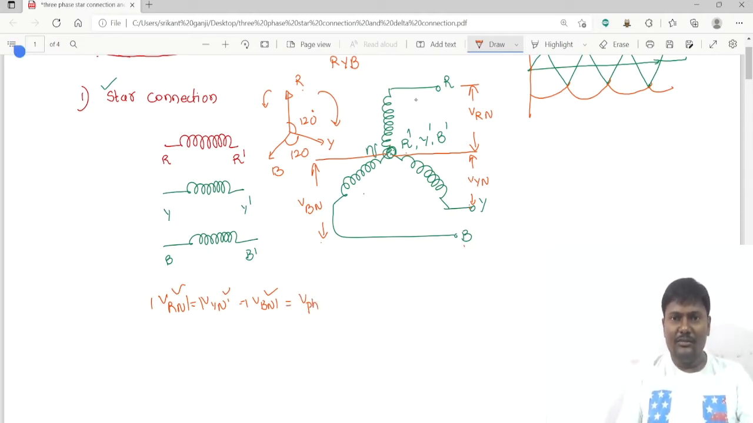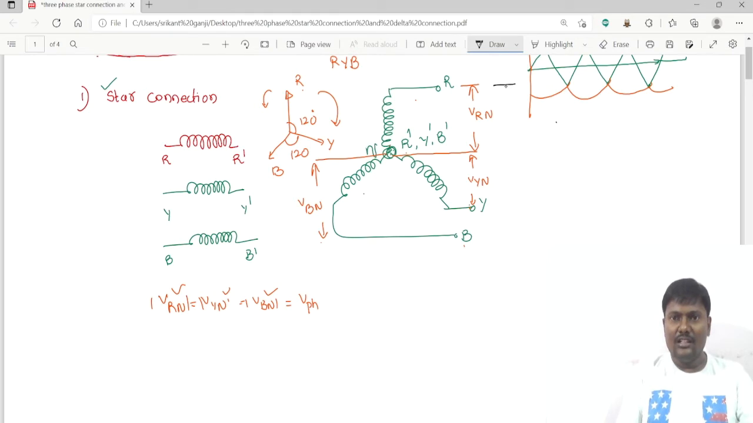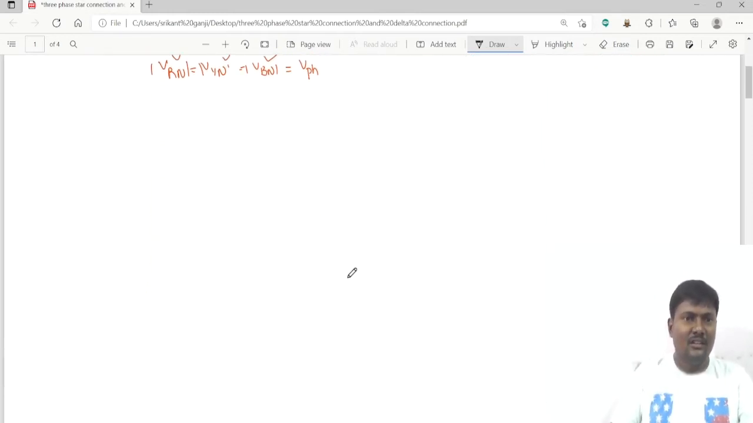The voltage between the R phase and neutral is called the phase voltage, and the voltage between the two lines, the two phases, is called the line voltage. This is VRY, and this one is VYB, and this voltage, the voltage between the B and R, is called VBR. We are following the RYB phase sequence. So we can write VRN is equal to